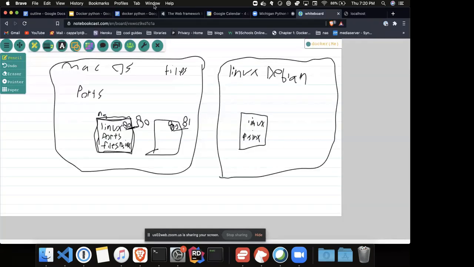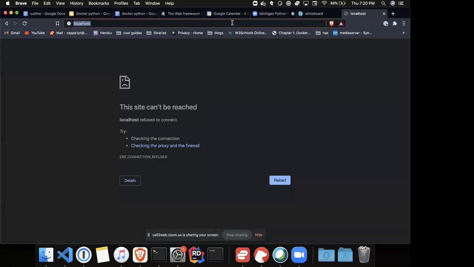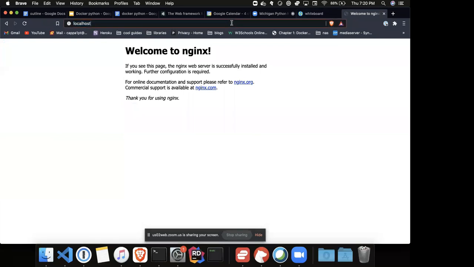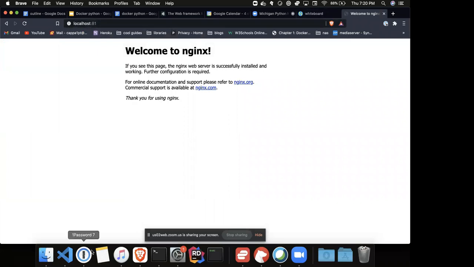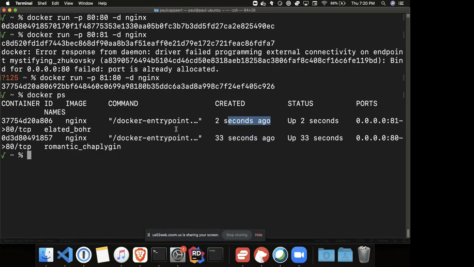So if I go ahead and go to localhost now, I'm connected to nginx, but now let's say I want to connect to port 81. I'm also connected. So this is just a really, I think you might imagine this could apply to your case,